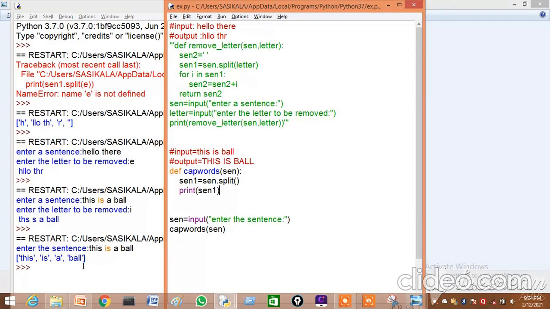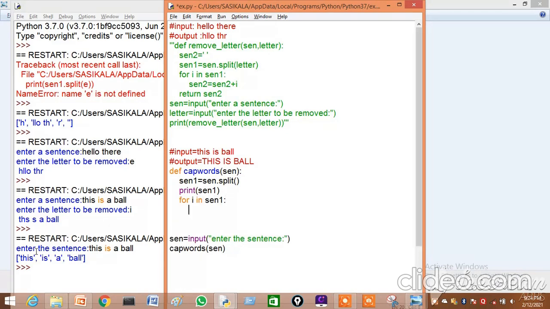Okay. Then now what I am going to do, first I am going to take this word alone. Then each and every word I am going to take. Okay. So for taking this word alone, I am using a for loop, for i in sen1. Now I have taken this. Then I am going to take a T from that word.